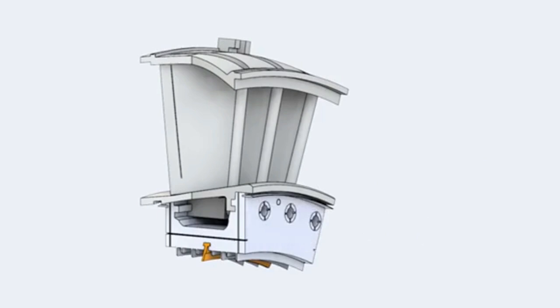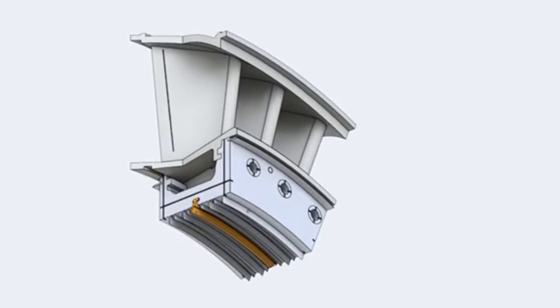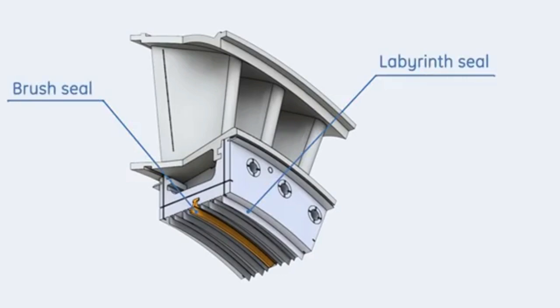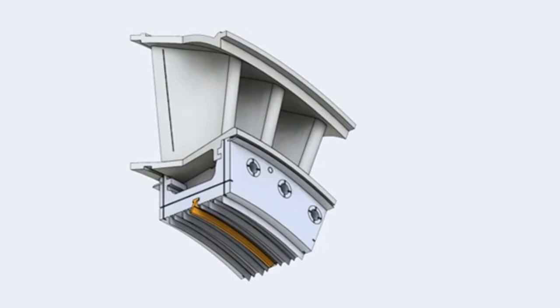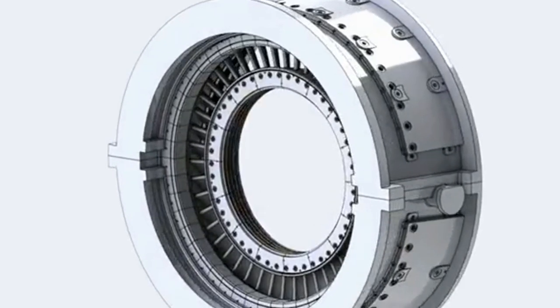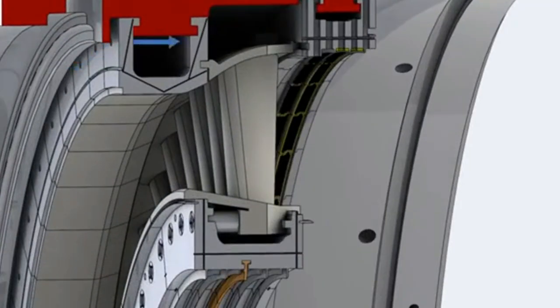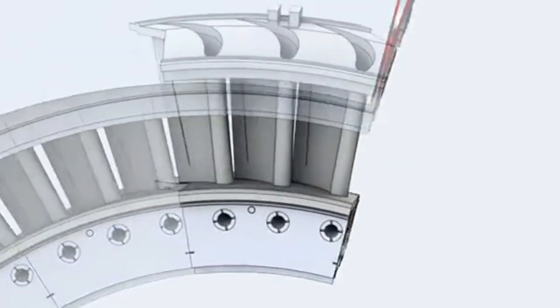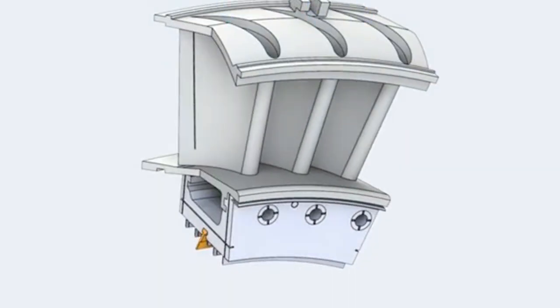A high-low labyrinth seal is machined on the diaphragm inside diameter. These seals mate with opposite sealing lands on the turbine rotor spacer. The second stage nozzle is cooled by compressor discharge air passing through the first stage shroud. Some of this air exits through holes on the airfoil's trailing edges. The remainder of the cooling air is directed to the first stage aft wheel space through 3 cooling air tubes